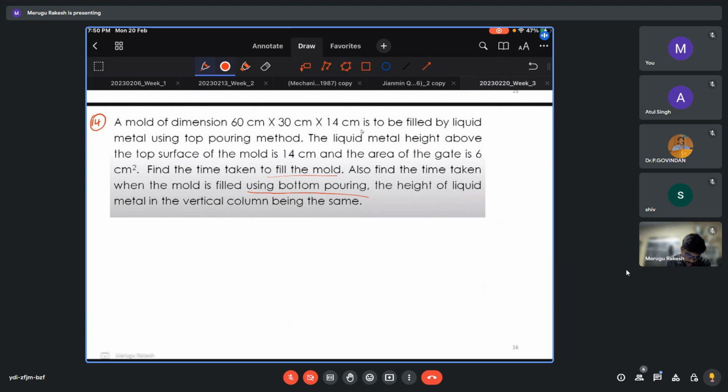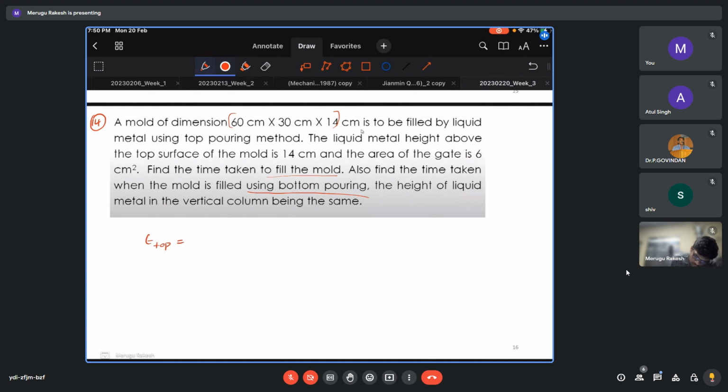We can directly proceed. So we have dimensions. The first question is find the time taken to fill the mold. So assuming top gating system, because in the second they asked it separately for bottom pour. Okay, so in top,